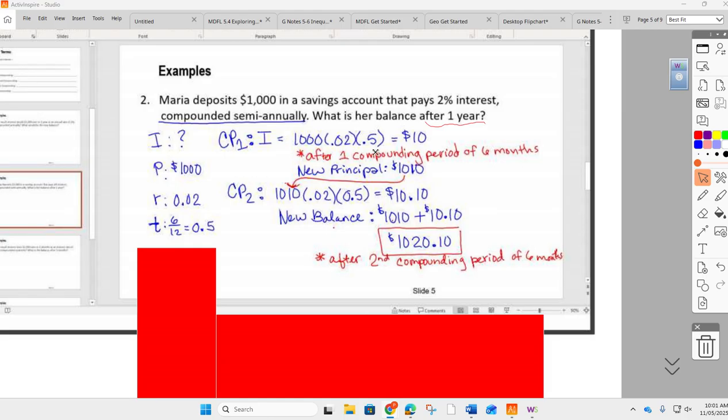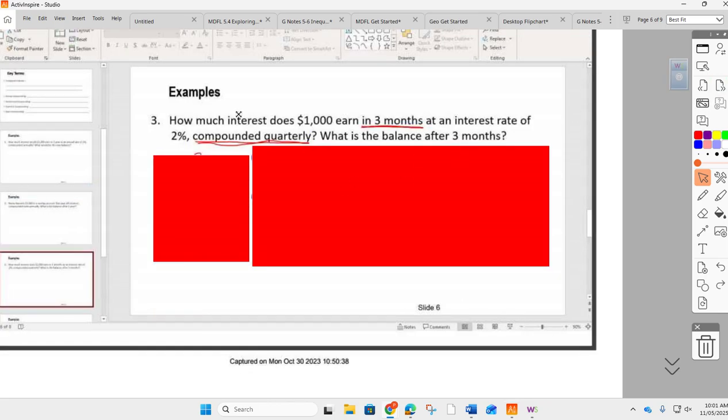All right, y'all caught up with me? Alrighty. This question says, how much does $1,000 earn in 3 months at an interest rate of 2% compounded quarterly? What is the balance after 3 months? Well, 3 months is that. If it's compounded quarterly, it is compounded every 3 months. There are 4 3-month periods in a year, right? There's 12 months, so every 3 months